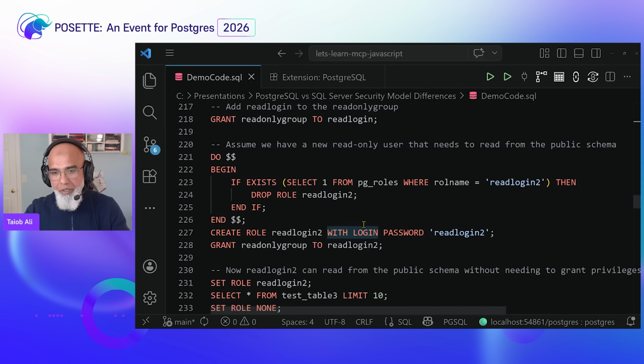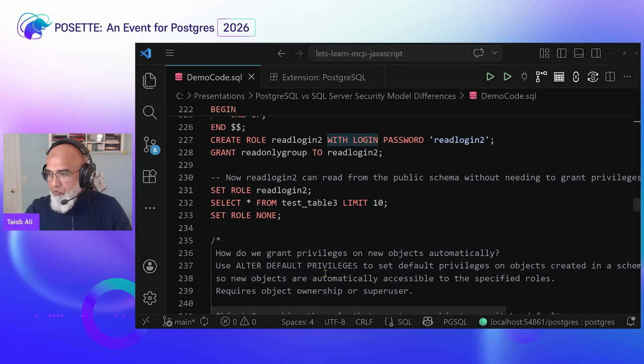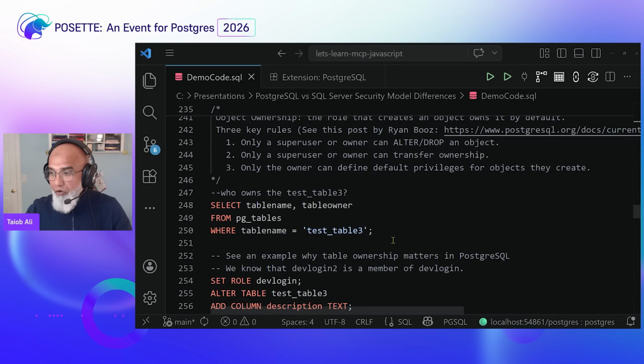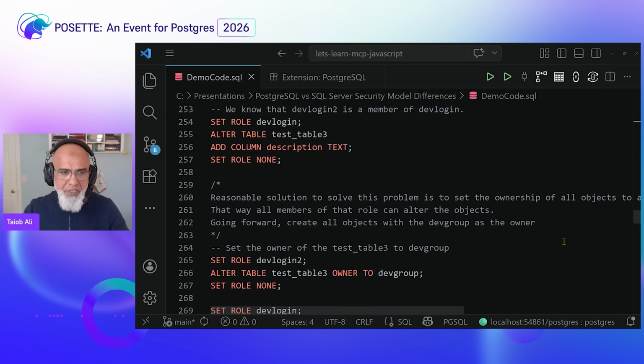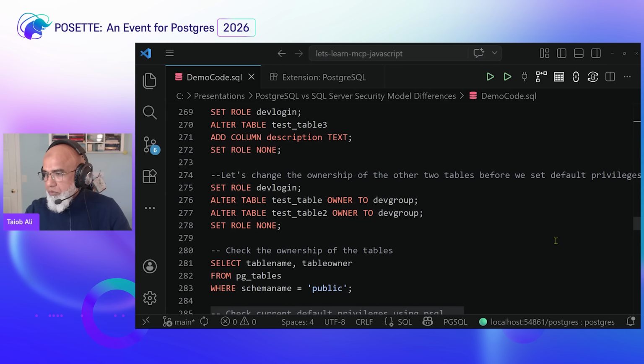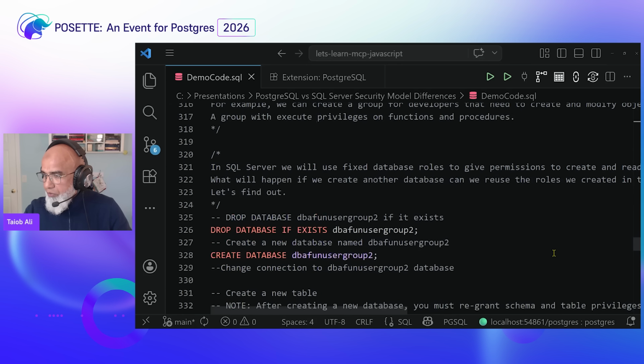That way, when I have new developers, new folks in the QA team and other teams, I can just keep making them members. And going forward, I'm going to use the default privilege. So even though I create this test table 3, test table 4 after I grant the permission, I don't have to go and do it again. They're automatically going to have those permissions. So you have to think about how many groups I need, and then create those, give them proper permission. Then you create your users and make them members of those roles, or grant them permission, or make them members of those groups. I also have code for you that I'm going to go down and show you.